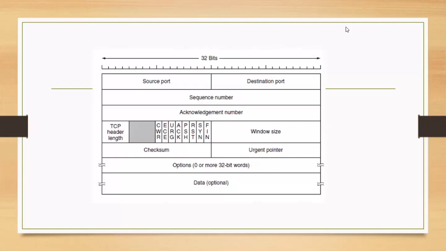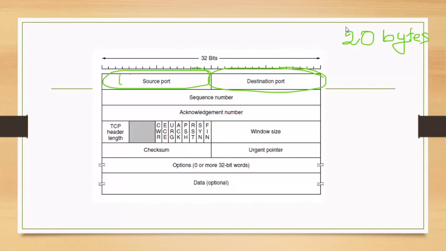So this is how the TCP header looks like. This is 32-bit. You can see the TCP header is 20 bytes long, fixed size. This is 16-bit and this is 16-bit.